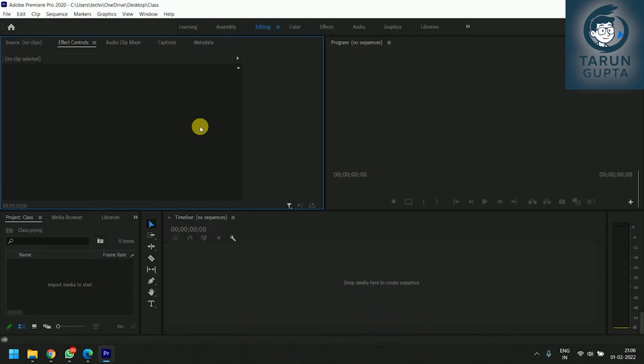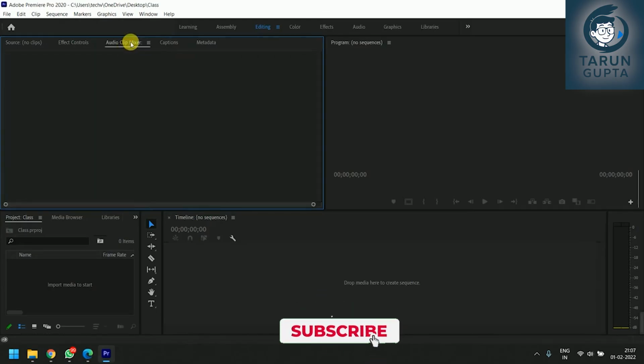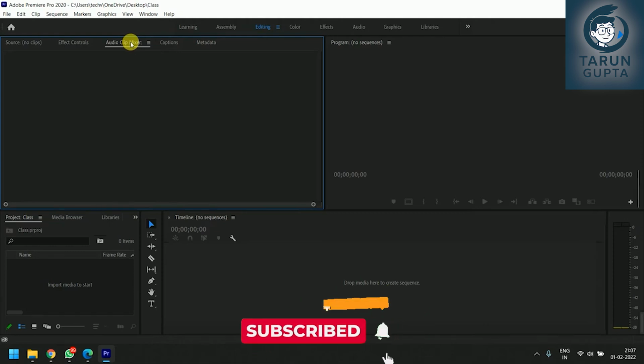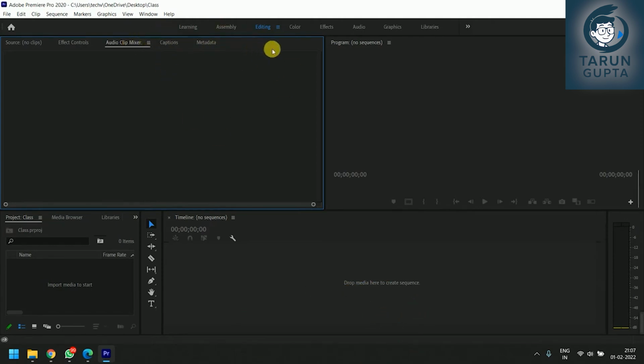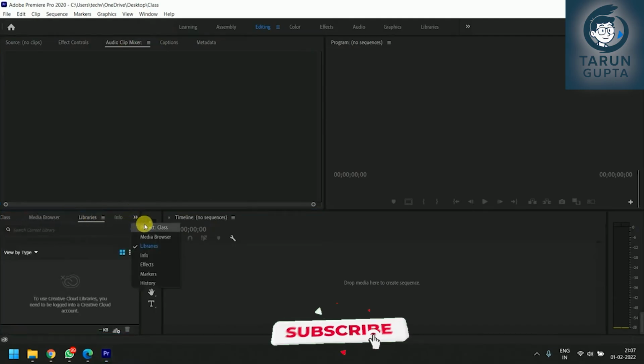There is an audio and clip mixer, so you need to maintain the audio panel, the audio bar, and if you want to reduce the audio, you reduce it from there. So these kinds of options you need to manipulate. Once we go into the detail part, these options will automatically be highlighted and I will describe them to you